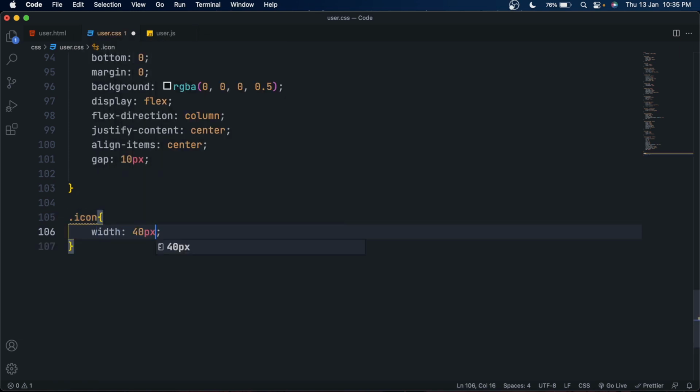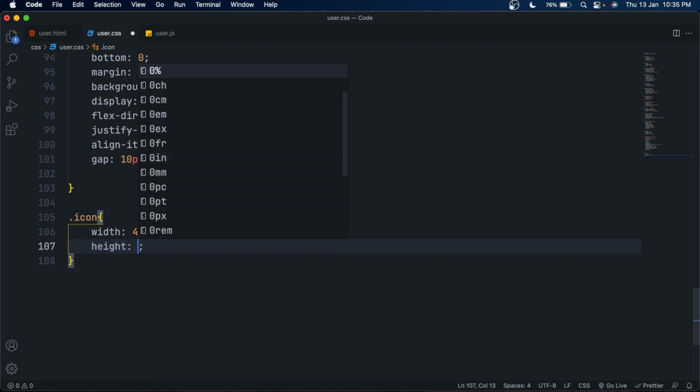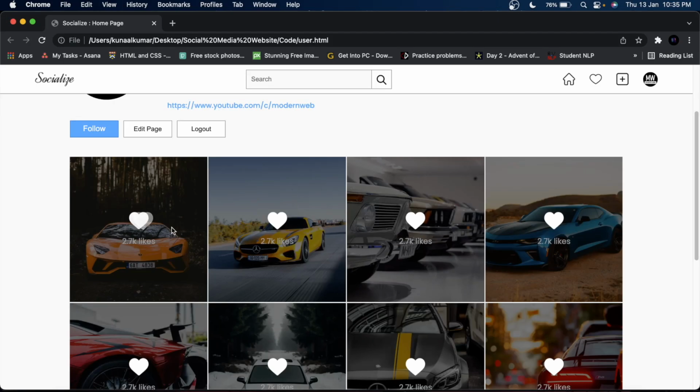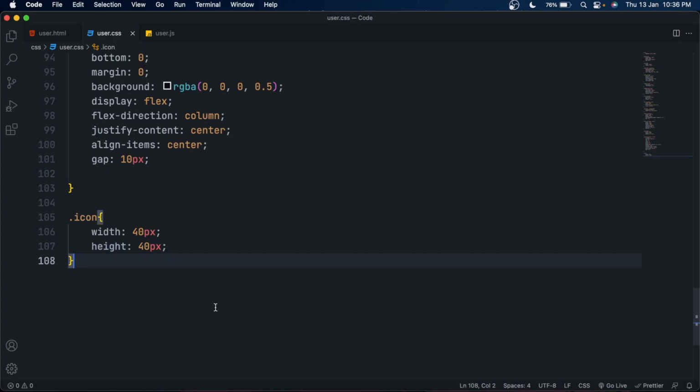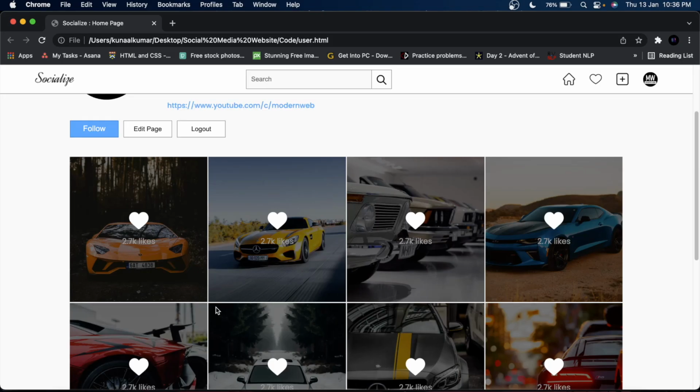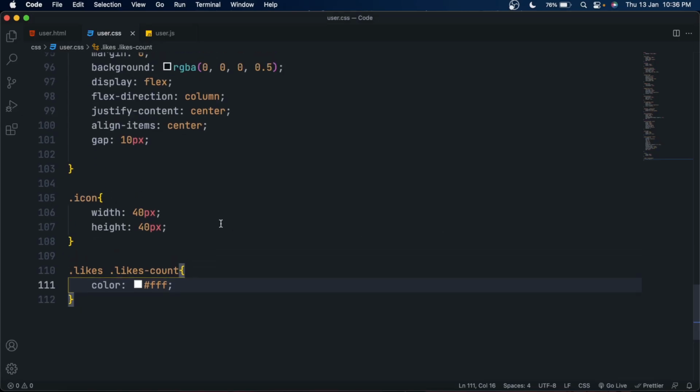Now select the icon element and set its width and height to 40 pixels to make it a little bit smaller. And I guess it is great. Select the likes count at last and give it a color of white. And yeah, it's looking good.